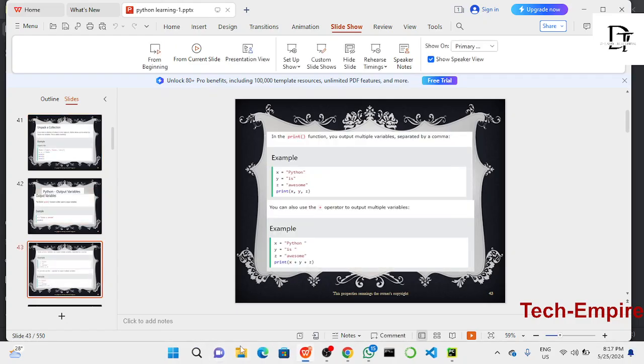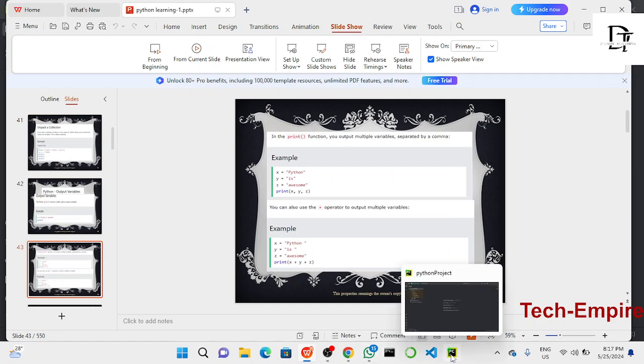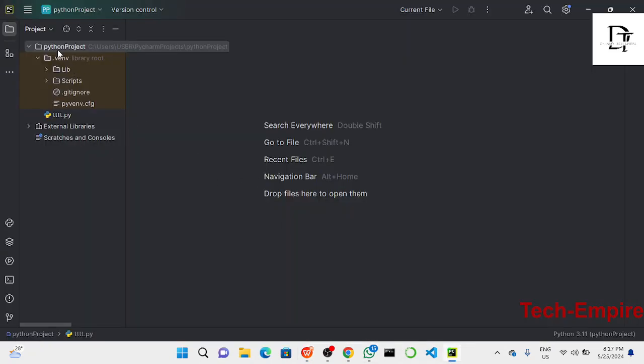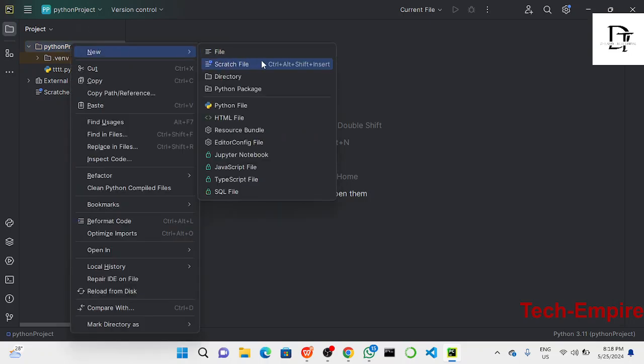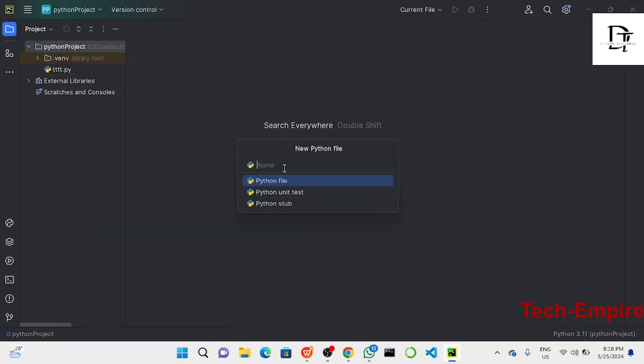Let me stop sharing my slide. So here, this is my project. I'm very sure we can navigate to where we have our project folder created now. Since I'm using Python, let me say variables.